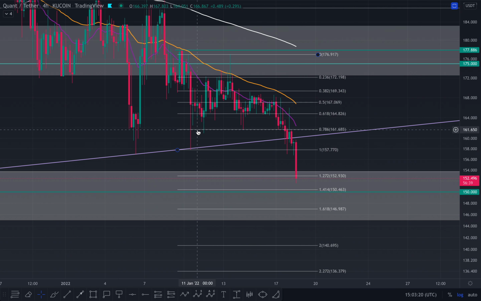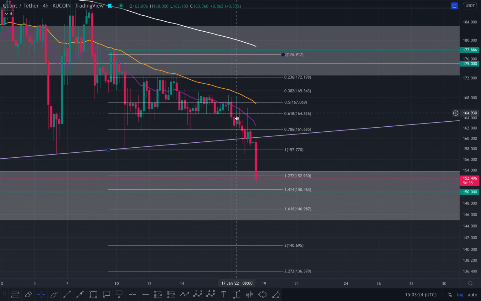And then you see you reversed all the way to the 786. From here, I think this is where we actually were in yesterday's video, right here. And I told you guys that even though we're at the 786, and yes, we could get a bounce from here, it's highly likely that we're going to roll over minimal to the 1, and then of course if you lose that, then to these targets, and everything's happening exactly as predicted.